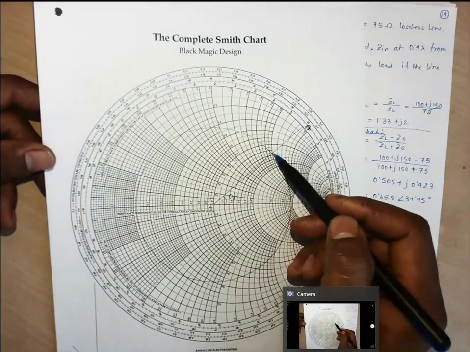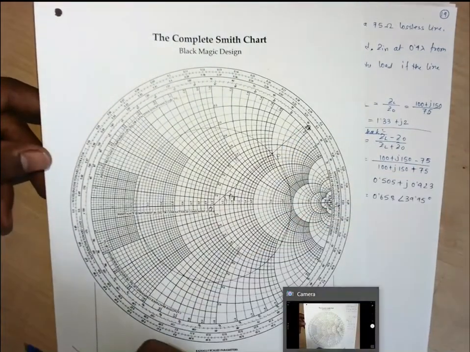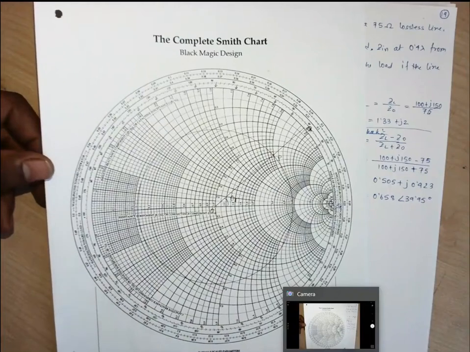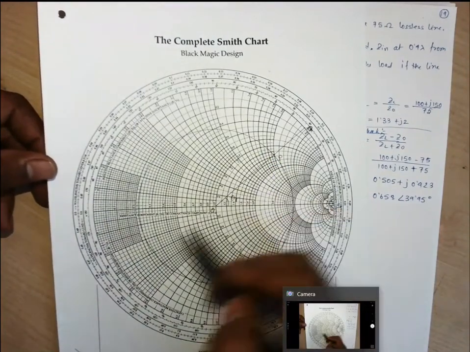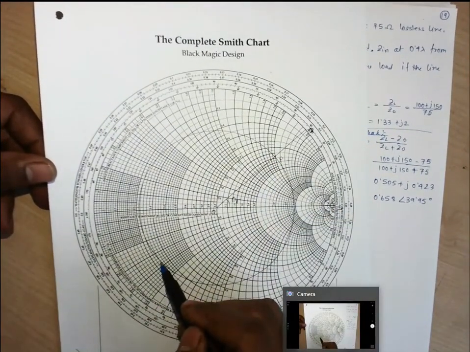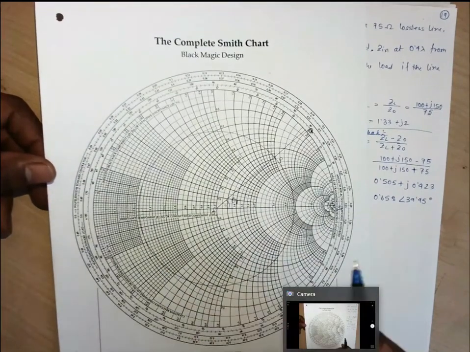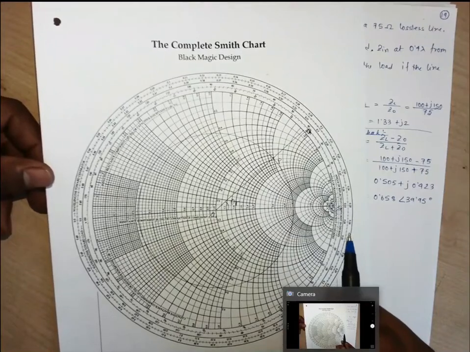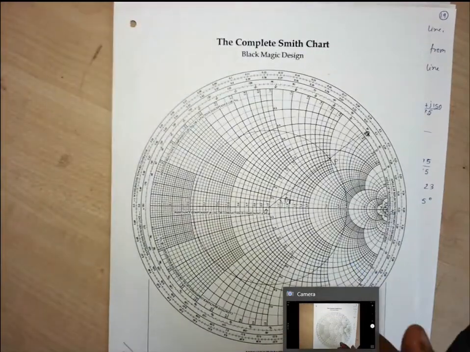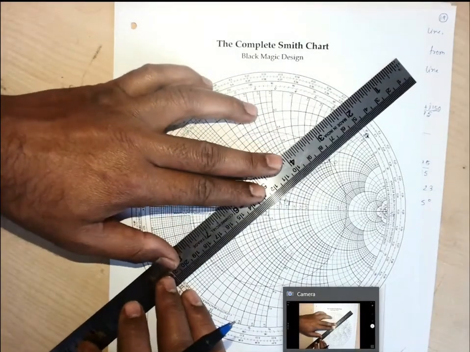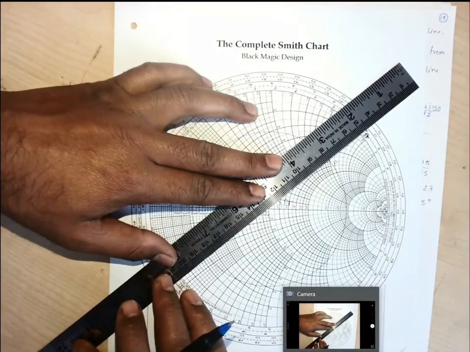So we need to go with the exactly opposite point in the region which is just below this gamma r axis. So while we have been taking this point, it will also intersect this circle. The intersecting point with this line and the circle will give you the value of the admittance. So let us extend this line in the opposite direction.